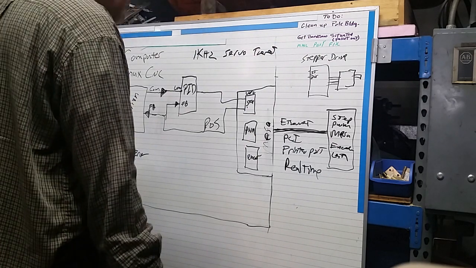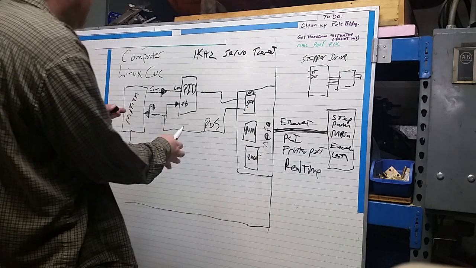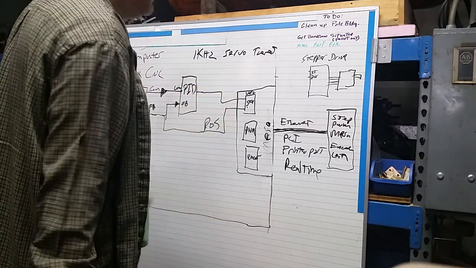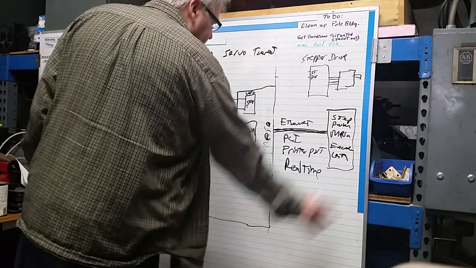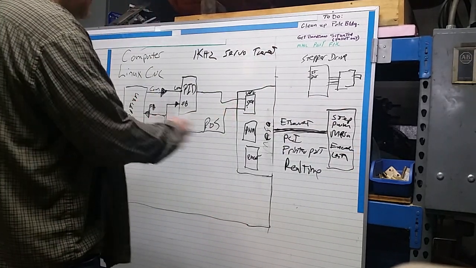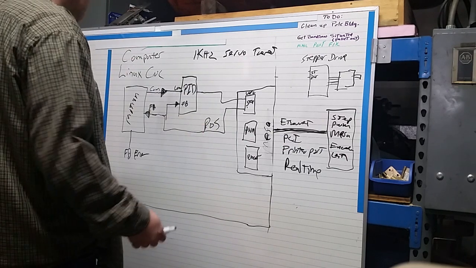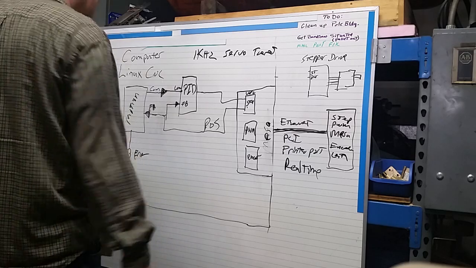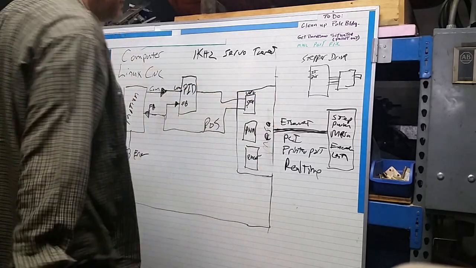So now the computer doesn't have to do as much stuff because it's not trying to generate high-speed step generation. That's all done on the external hardware. And then the software just does the stuff the computer does well, the floating point, the PID loop, the communication with the real-time